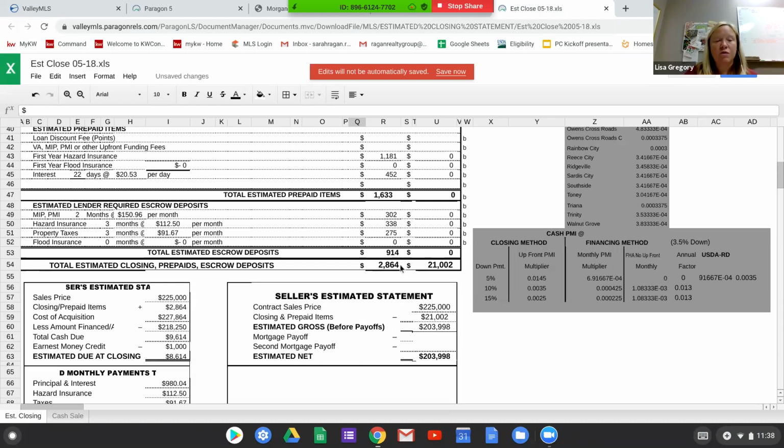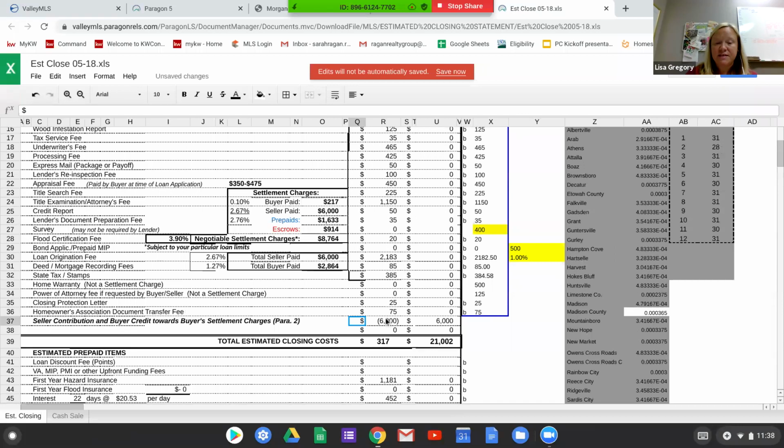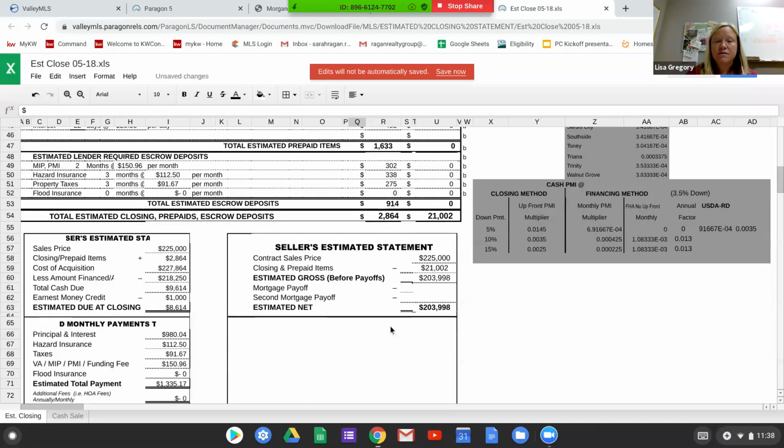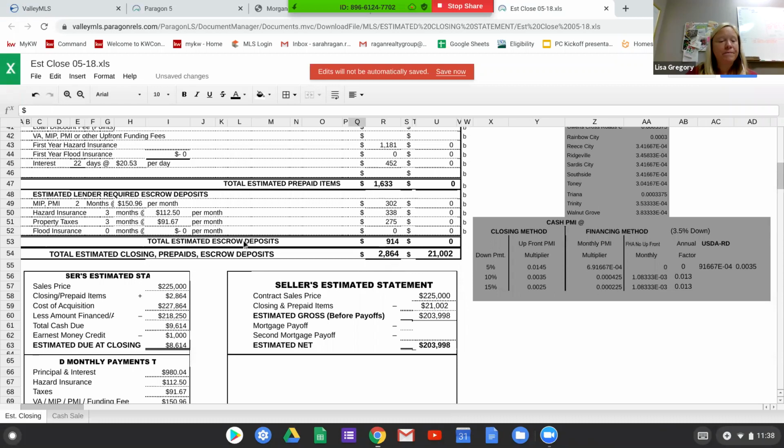So your total estimated closing costs, prepaids, and escrows is right here. It would be $8,864, but we did ask the seller for that $6,000 credit. So now it's $2,864. And if we come down here, we've got the sales price, the closing and prepaids, which is right here, the cost of acquisition, that it's including the closing costs, less amount finance, so there's your loan amount, your total cash due, including your down payment, closing costs, is